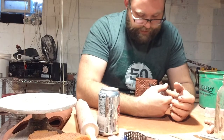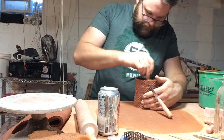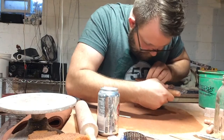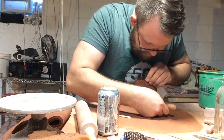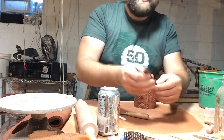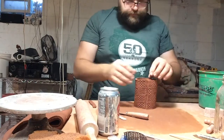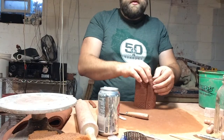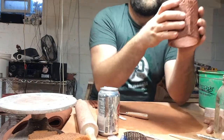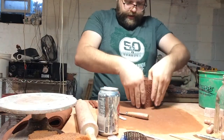So I'm just cutting straight through, make sure these are stuck together-ish. There we go. Straight through at about a 45, so you can see that beveled edge. And now those are going to line up really well. All right. So now that I've got that,